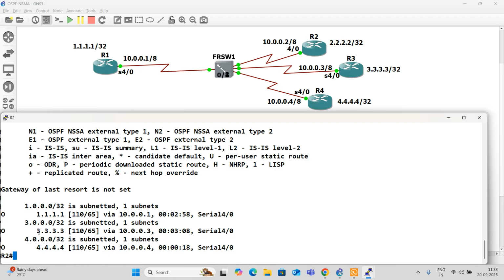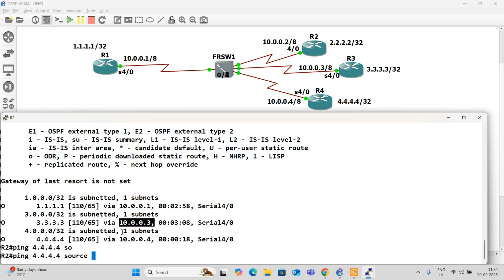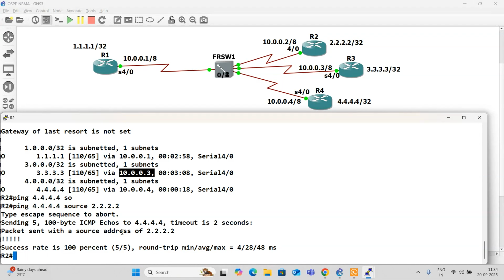If router 2 wants to reach 3.3.3.3, it can go straight to 10003. It is not sent to 10001. It's not going to the hub, because of full mesh. So let us try pinging 4.4.4.4 with a source of 2.2.2.2. We are able to ping it.